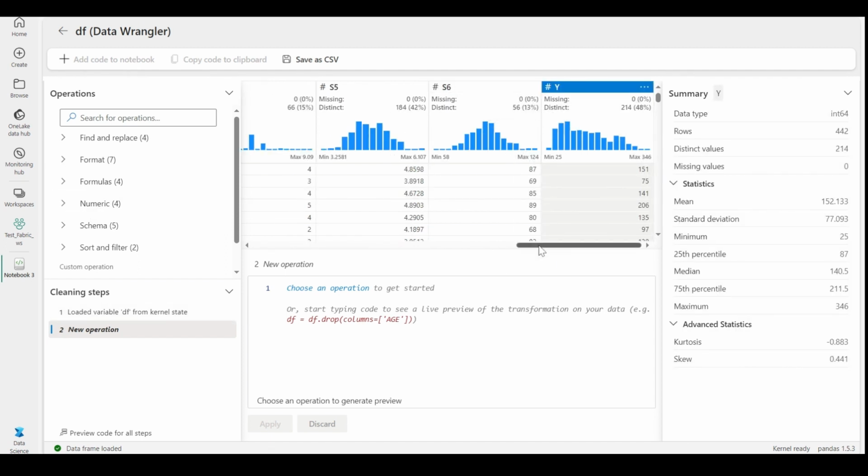So in this data, the label column is y, which is a continuous variable, and to train a machine learning model that predicts y, you need to train a regression model. The predictive value of y may be difficult to interpret. Instead, we could explore training a classification model which predicts whether someone is low risk, high risk, or developing diabetes. To train this classification model, you need to create a binary label column based on the values from y. So what we'll do is select y in the Data Wrangler,